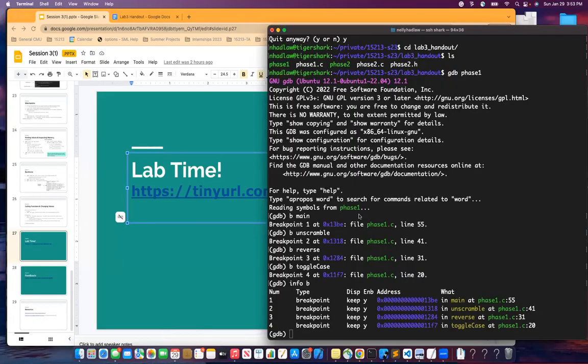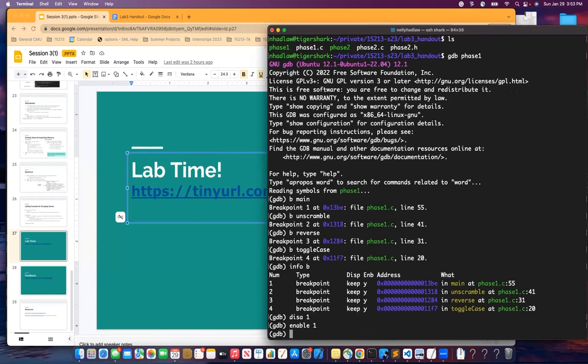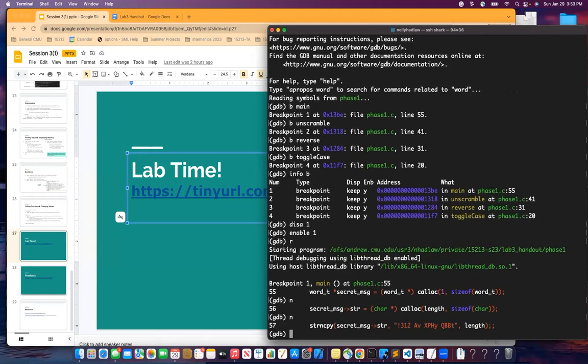So for some reason if you want to disable a breakpoint, you can do disable 1, which is the breakpoint at main, and that'll disable that breakpoint. If you want to enable the breakpoint again, you can just re-enable it. So we're going to go ahead and run, so we broke at main here. Next, twice. This takes us to string copy, the second line in main. And then after that, we'll do